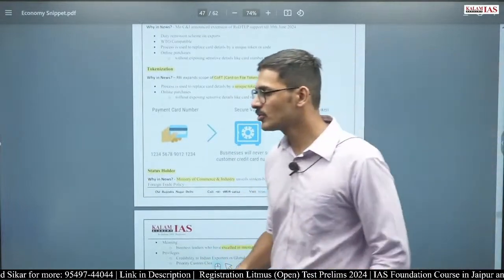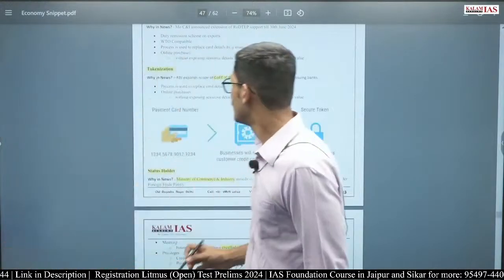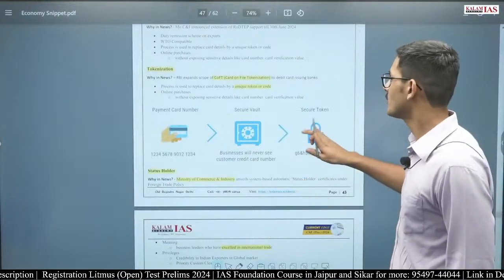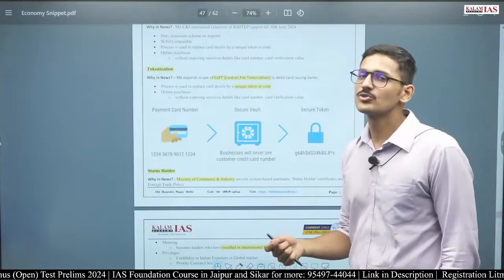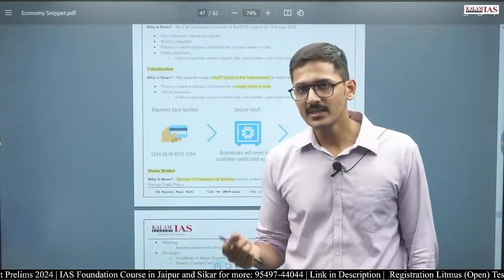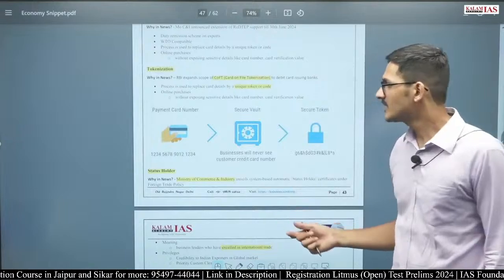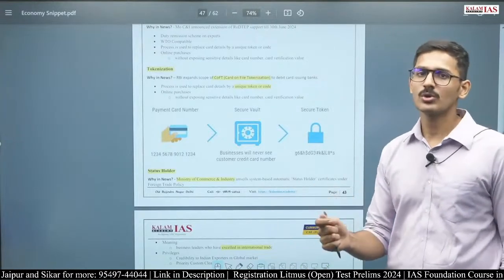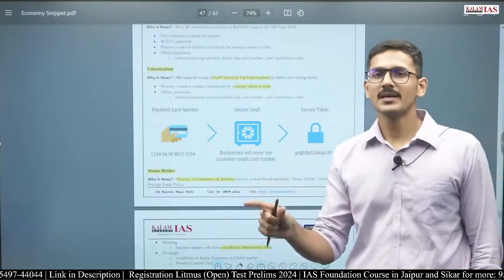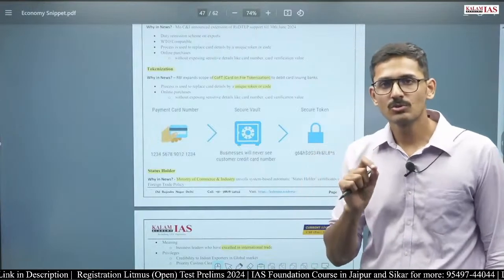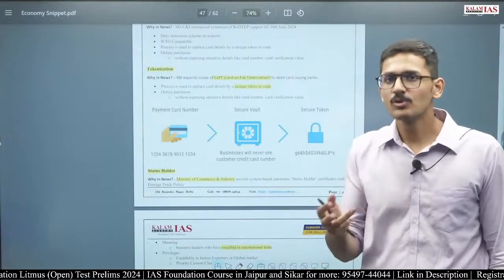Card tokenization was also in news because RBI expanded the scope of card-on-file tokenization to debit card issuing banks. So basically, whenever I go to any supermarket, I pay by debit card. The details of my debit card are exposed to the system of that particular supermarket. Instead, I can convert my debit card into a particular token, and I can use that token to pay. So if that happens, that particular supermarket will not get information about which card this token belongs to. So my account details, my card details will not be exposed to that particular supermarket.